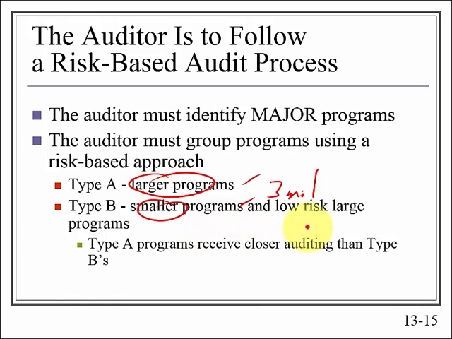And then you also assign a so-called risk to each program. A low risk would be probably one that was audited in a previous year, maybe a previous audit that had no errors, no recommendations made. A high risk would be something that was never audited before, or one where in a previous audit there were recommendations or some errors were found. So based upon all of this, they would determine which programs, which grants to audit, combining it all together into a single audit.